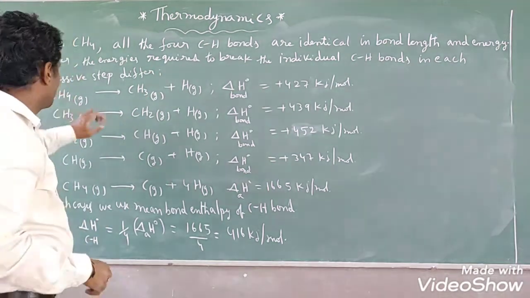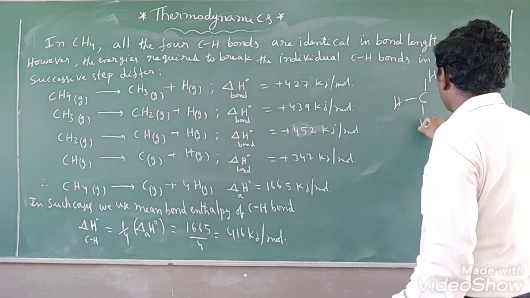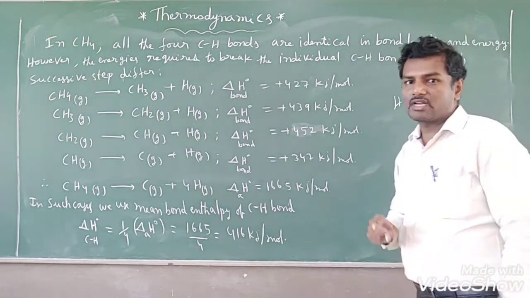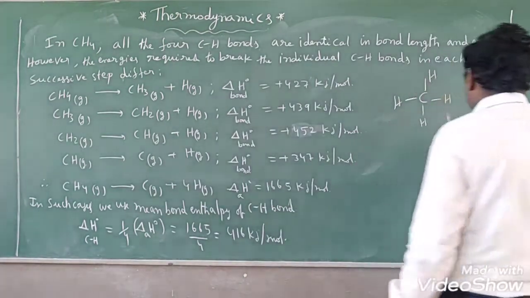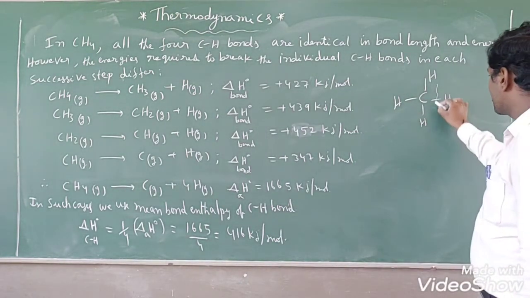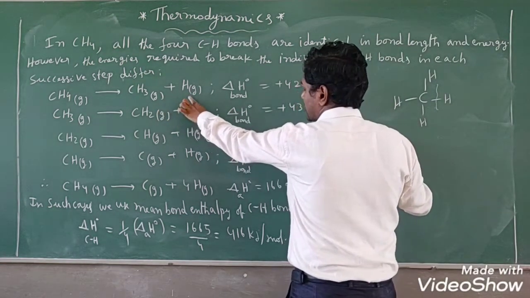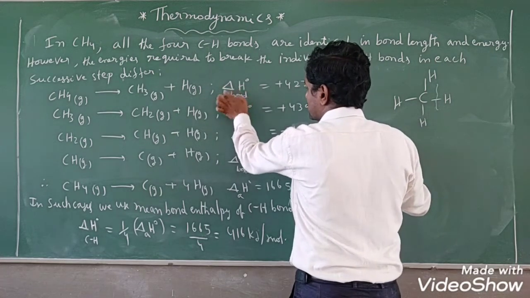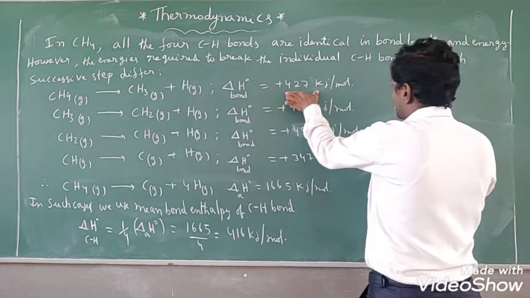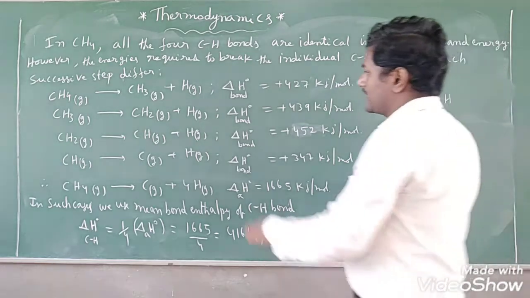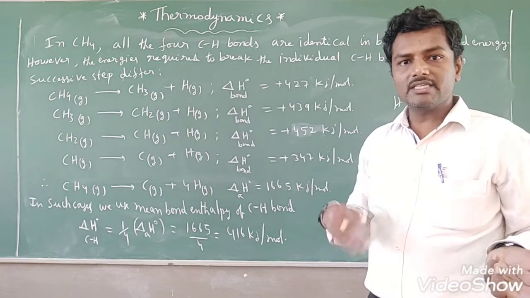CH4, if you take, suppose you want to break one bond, CH4 will be like this. So bond dissociation enthalpy is nothing but the amount of energy required to break a particular bond in the molecule, right? In the gaseous state. That too should be in the gaseous state. Suppose I want to break this bond, then the remaining entities are CH3 in the gaseous state and H in the gaseous state. So that is the change in enthalpy, that is bond dissociation enthalpy, delta H naught bond, this is the energy, right? This chemical environment and the CH3 chemical environment are not at all the same. CH3 is different, CH4 is different.